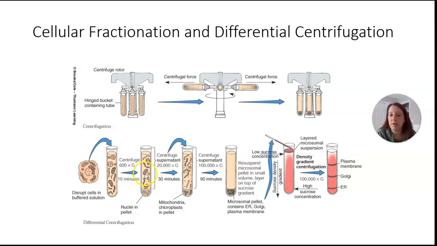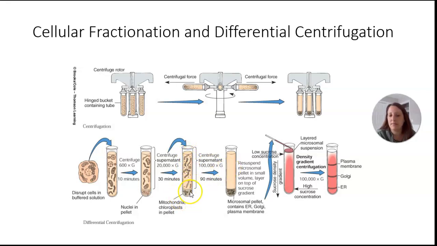If I take this supernatant in another tube and spin it again faster, so for 20,000 Gs for 30 minutes, now I'm going to collect at the bottom of my tube all of the mitochondria and chloroplasts. So again, I can take all this liquid, supernatant off, put it into a new tube, and I can study